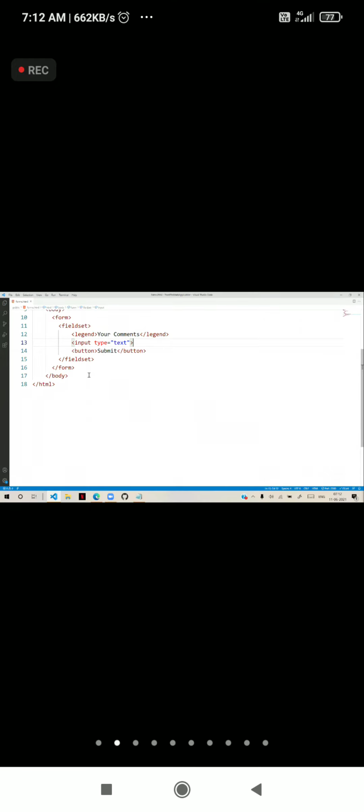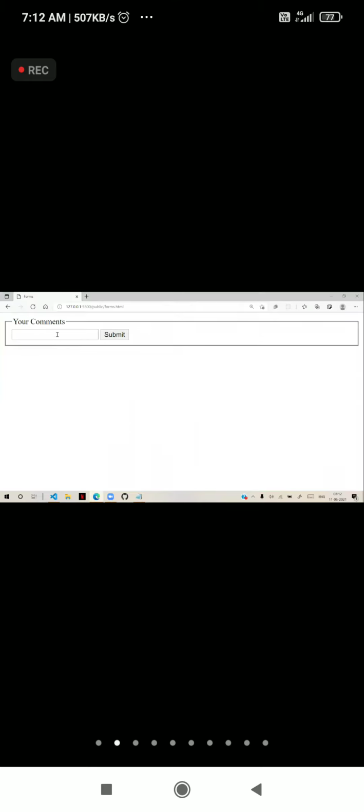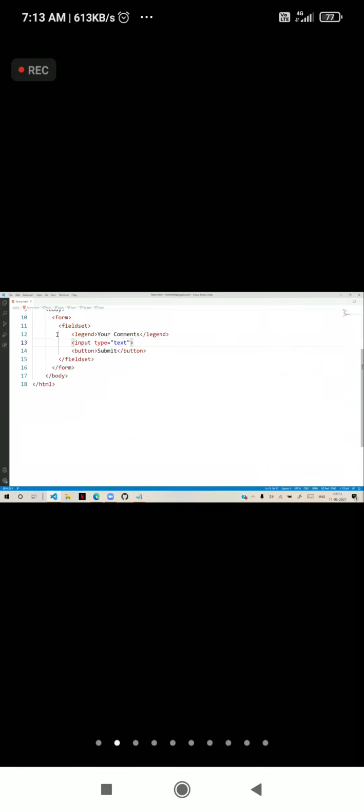Here text will not allow. You see, this is text. I can type only text in one line, but I want to type in more than one line. So some address or some comments, some chat. If I hit enter, it will be submitted. It will not come to next line. So for that, we have to use, instead of that, text area will display multi-line text box.